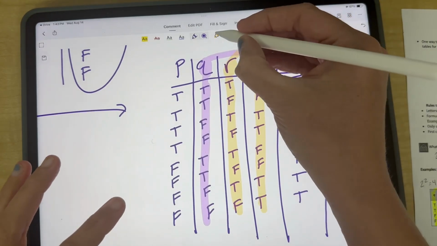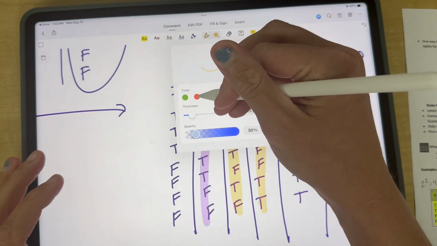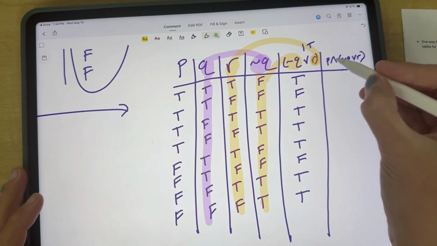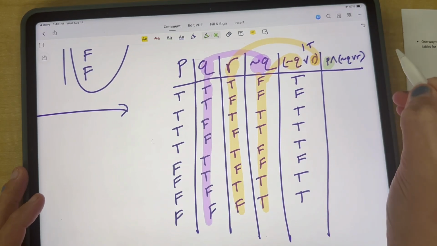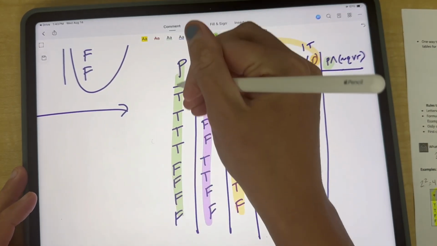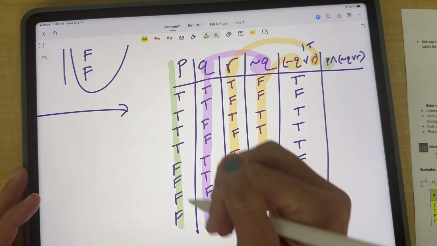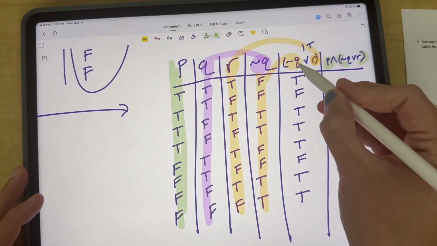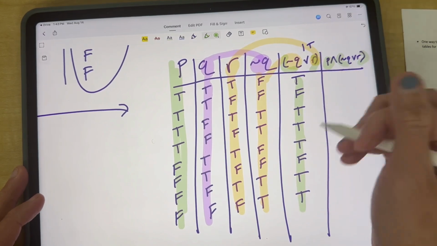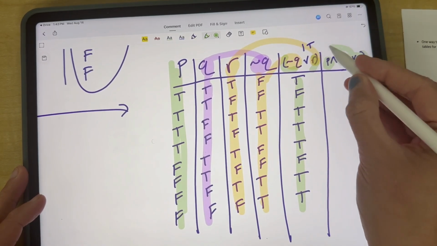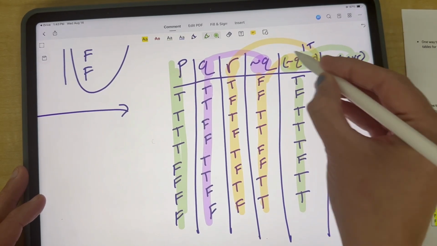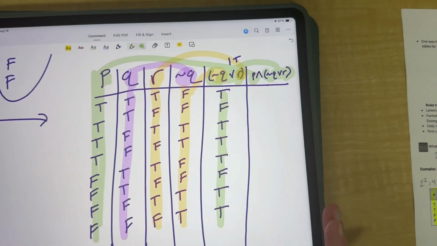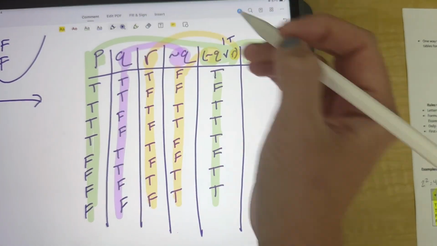Okay, last one, grab a different highlighter. Again, this is why you have to have 3 highlighters today. I told you get 3, hopefully you have 3. Okay, this one wants P, so I'm gonna go to P, find P. It wants the P, okay? And then it says use the parenthesis one. Well, here's the parenthesis column right here, okay? So this is this one. This one is all over here, okay? So for the last one, here we go.